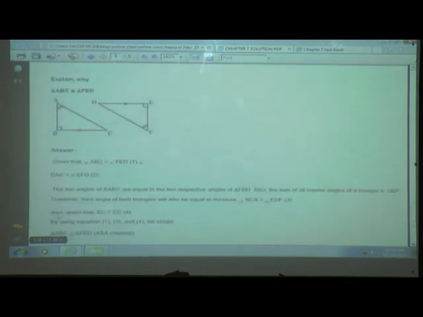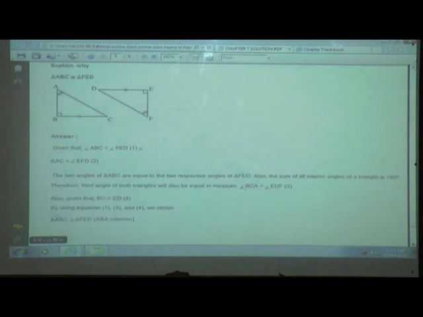So we will see one or two examples, so you will find out what the congruency criteria are, and when triangles are said to be corresponding. Explain why triangle ABC is congruent to triangle FED. Why are these two triangles congruent? We have to find out. Already it is marked and given to us that one of the angles is 90 degrees. Two angles are marked on both the triangles. Here one of the sides is marked in both the triangles.